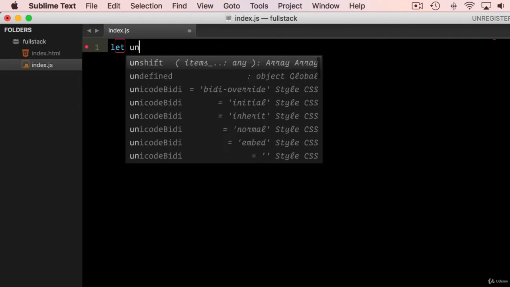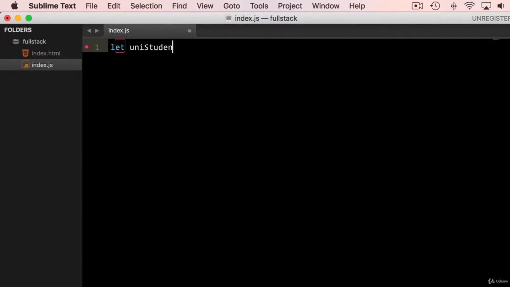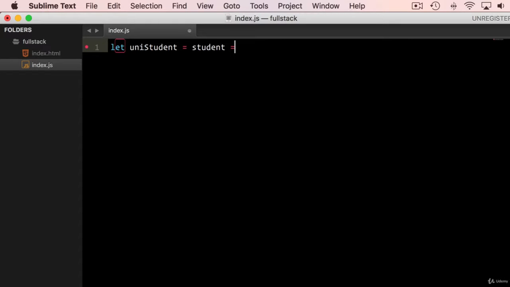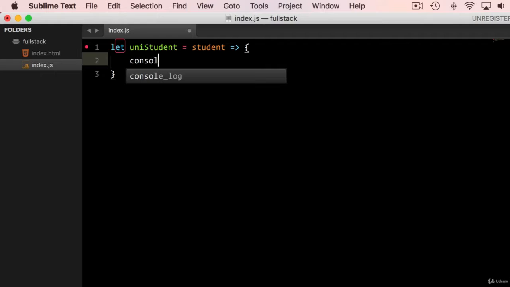Okay, so let's begin by creating a function. Let's name it uni student. Okay, and it will take the student as argument. Okay, this is an arrow function and it will return, let's console log, and let's build this up. Let's use this template string. Within these two backticks we can use the variables, right? So using the $ and curly braces, let's say